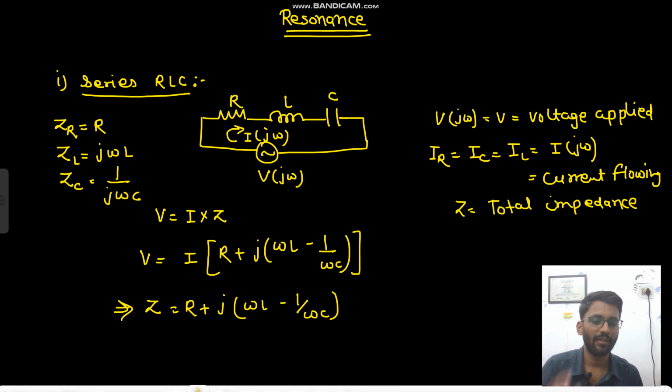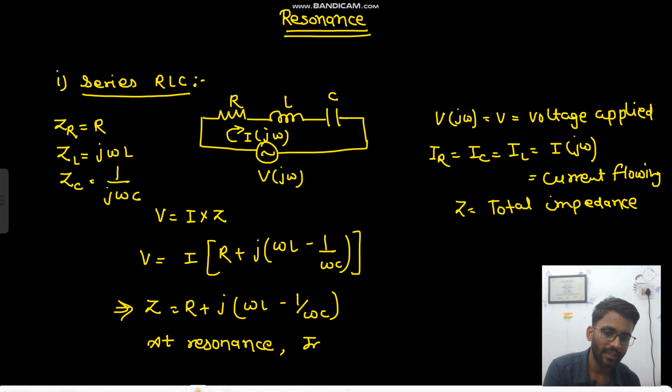Whatever circuit you have, if you are asked to calculate the resonance frequency, you find the expression of impedance or admittance. You just need to find the expression for impedance or admittance, anything, and at resonance frequency you just put the imaginary part equals to 0. So putting the imaginary part equals to 0 at resonance, omega R L minus 1 by omega R C